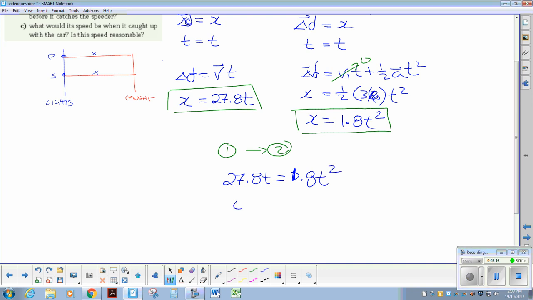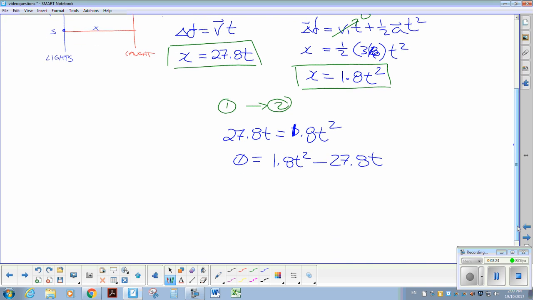So we need to move them to the same side: 1.8 t squared minus 27.8 t. Don't divide out that t because it is a valid answer. Or sorry, don't cancel out a t. We're going to factor out a t. Actually, I'm going to pull out a 1.8 t, leaving me with t minus 27.8 divided by 1.8,